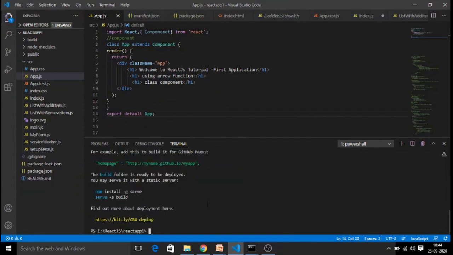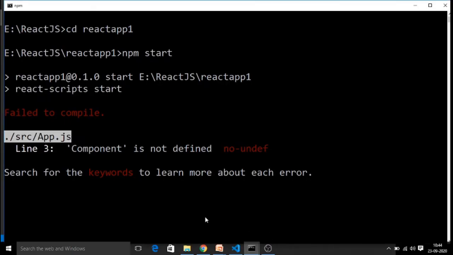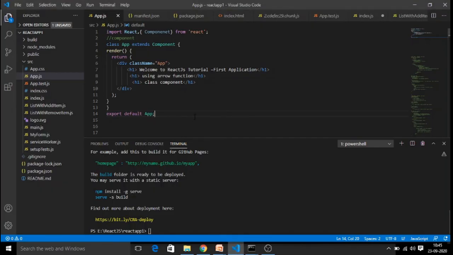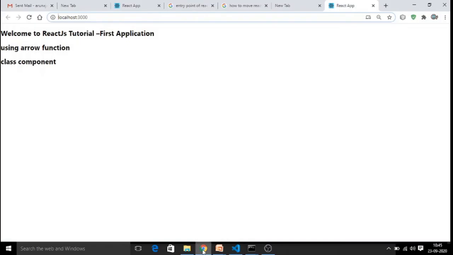So here you can look into it. Okay, so here you can see the component is not defined. Let us look into this. Component spelling is wrong here. You just change it, save it, that's all. Now you can see the class component.